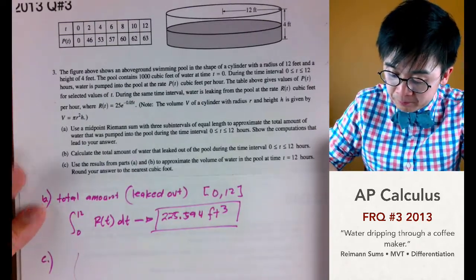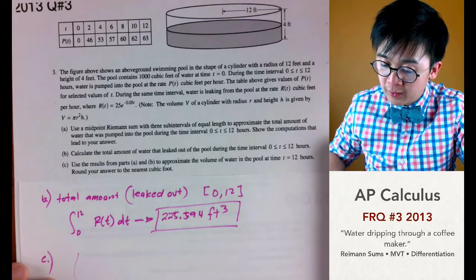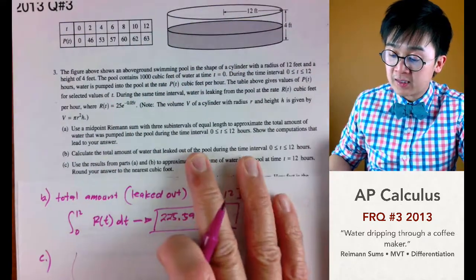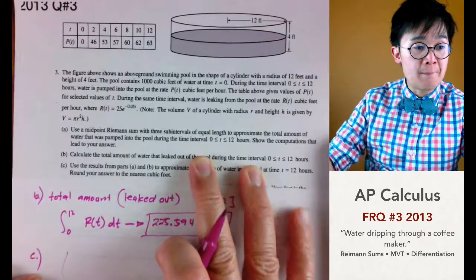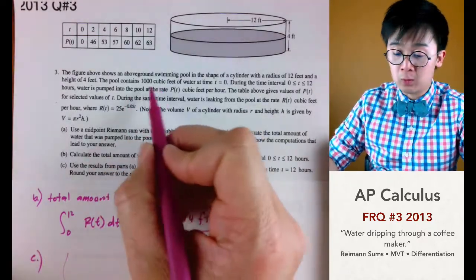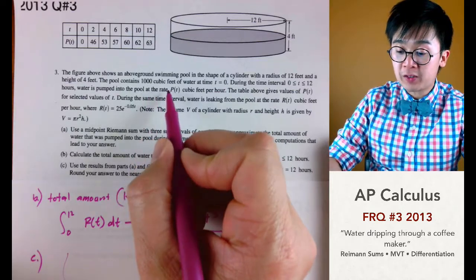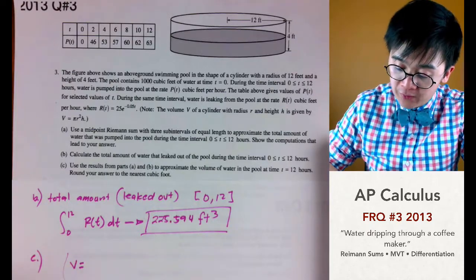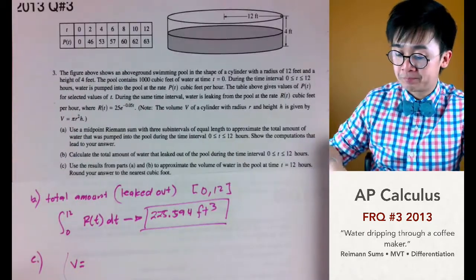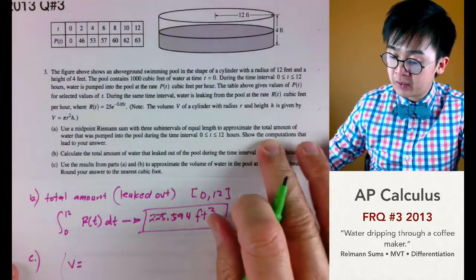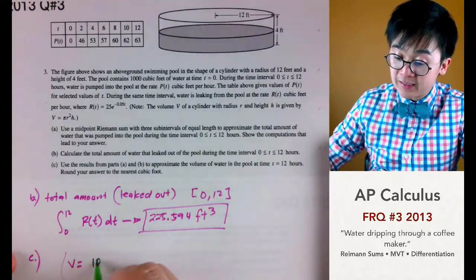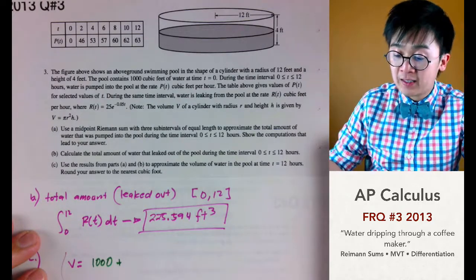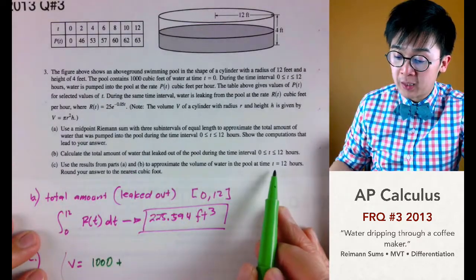Now for letter C, we need to use the results that we had from part A and part B to approximate the volume of the water in the pool at time t equals 12. So we need to calculate the volume of the water in the pool using the information that we had. At t equals 0, there's already 1,000 cubic feet of water to begin with. So the volume of the water inside the pool at this particular time, t equals 0, is already 1,000. And we'll add it to the amount of water being pumped in